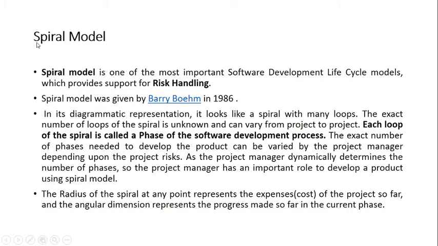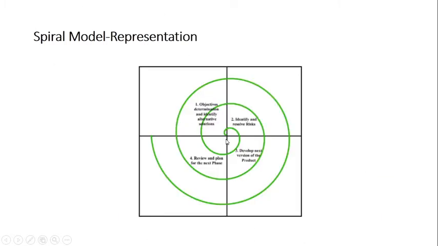As far as the diagram is concerned, the name is justified. What does a spiral mean? You start at one point, you move, and keep on repeating until the work is done, so it makes a spiral. As per this diagram, or the functionality, this model is divided into 4 parts, which we call 4 quadrants, right?